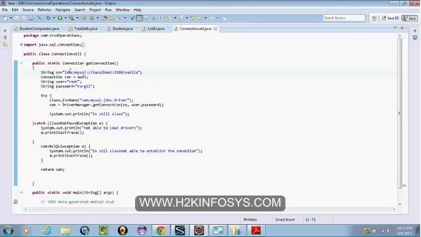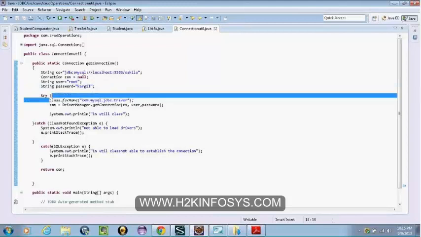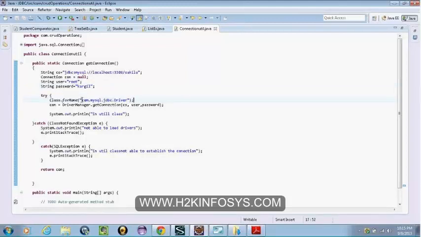So first, I have to load the driver. This is the SQL driver, right? So this is the driver class. So we are loading the driver using Class.forName, and we are calling the getConnection method by passing the URL, username, and password, and we are getting the connection object. So first of all, before you do any statement, prepared statement, anything, first do this and print the connection object. It shouldn't be null, right? You have to have the connection object.